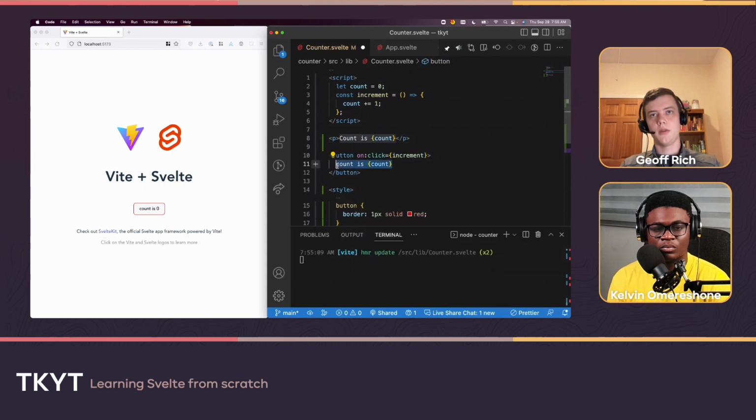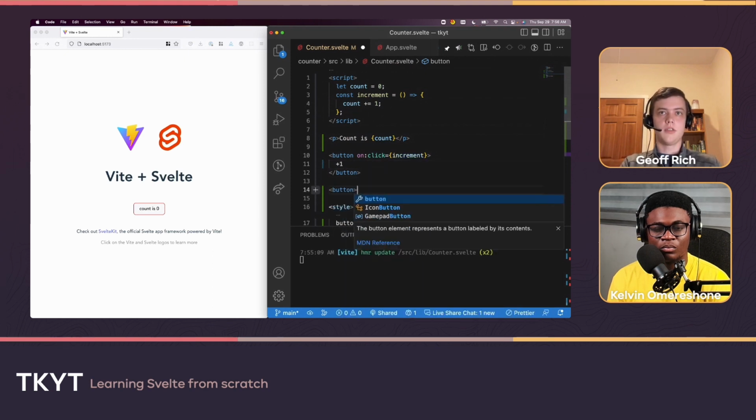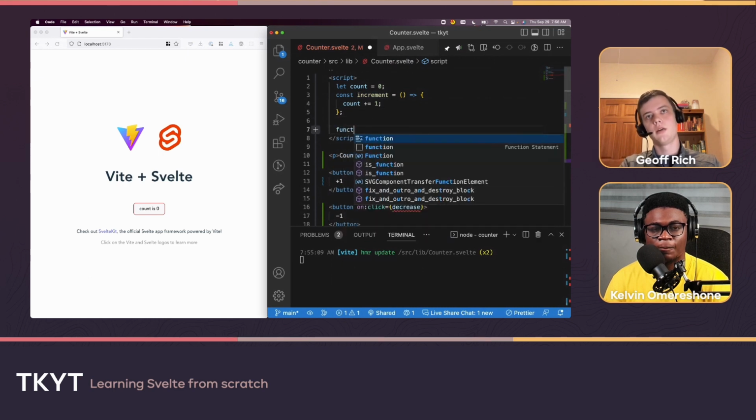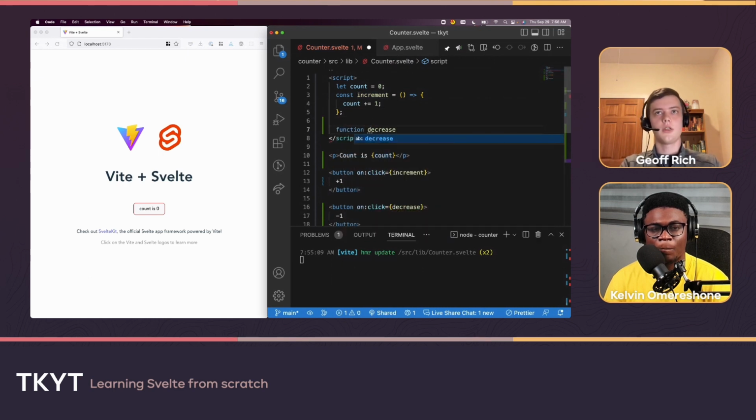I'm going to change this button to just be add one. And let's say we want to make a button that decreases the count. We do on click. Let's call it decrease. Again, when you see the curly braces, this references something up in the script tag. So if we do a decrease function,